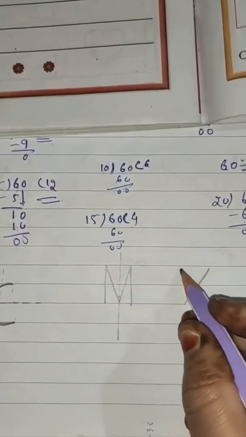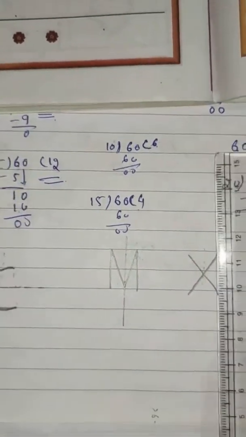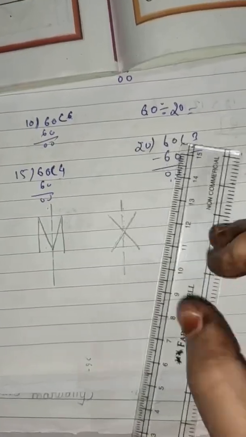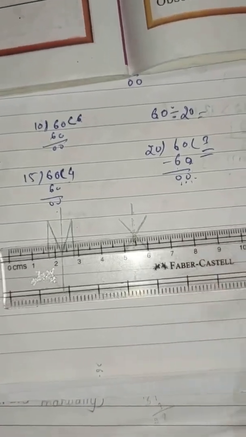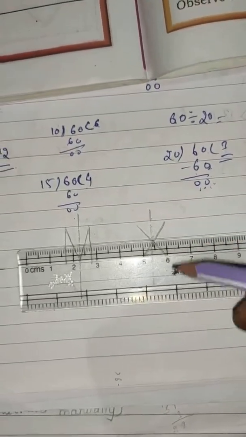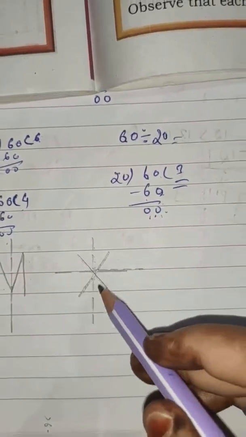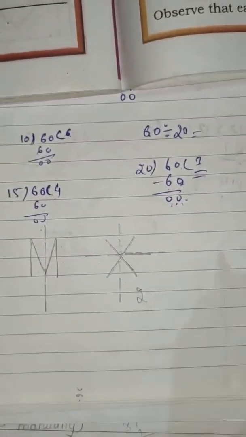Yes or no? Next, in the X, how many possibilities are there? This is X. So here I can draw one symmetry. By taking our scale, you can draw. Yes. See here I have drawn one. So this is one symmetry. Another possibility is there. If I draw the line like this, it will become the same. Means you will get two equal parts again. 1 and 2. Yes or no? You just draw it. So see here, you got two halves. 1, 2, 3, 4. Means 1, 2, 1, 2. So it is two lines of symmetry.